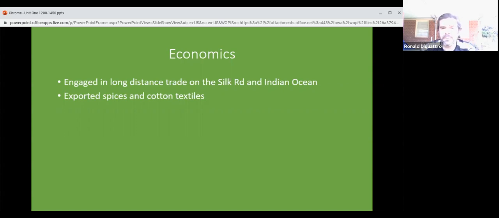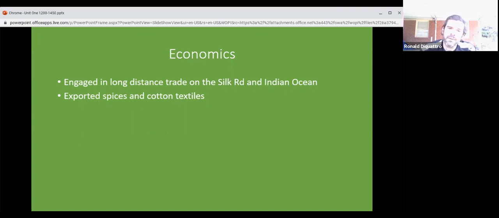The other famous export of South Asia are these beautiful multicolored cotton textiles. A textile is cloth, brightly colored cotton cloth. If you think of your very stereotypical Bollywood movie, and you think of all the beautifully woven cloths that are in that, that's been a traditional export of South Asia for thousands and thousands of years. It's beautiful. And cotton is an extremely comfortable garment, as we all know, because we're all probably wearing clothes, at least partially made out of cotton.